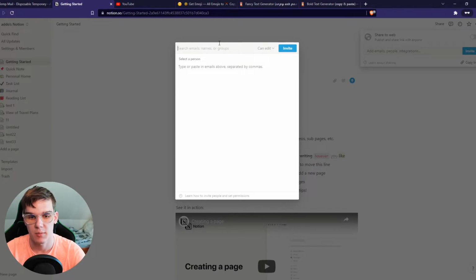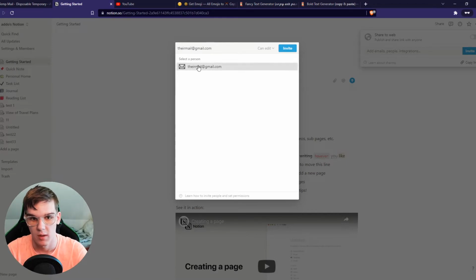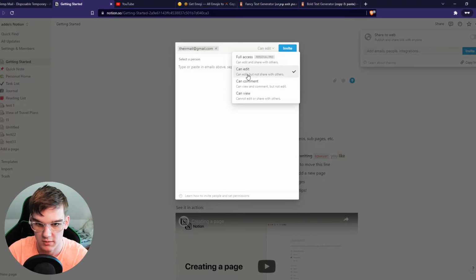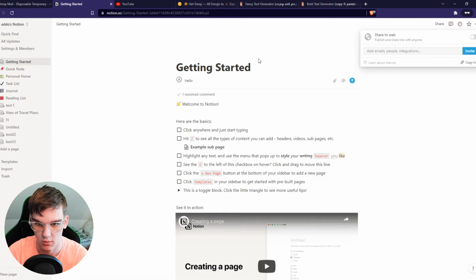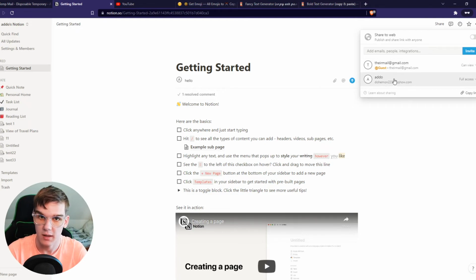You can enter in their email right here, so their mail at gmail.com, just an example. And then you can basically set a role: full access, edit, can comment, or can view. So let's set it to can view alone, and then we can see we have invited them. Now they can accept it through their email and invite and access to the